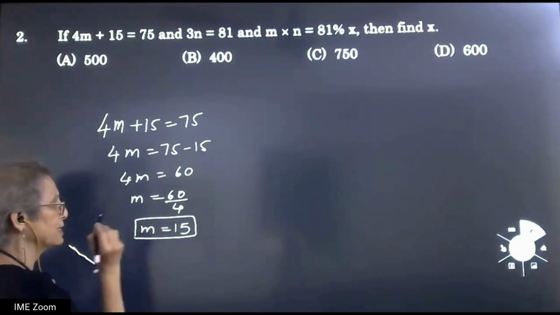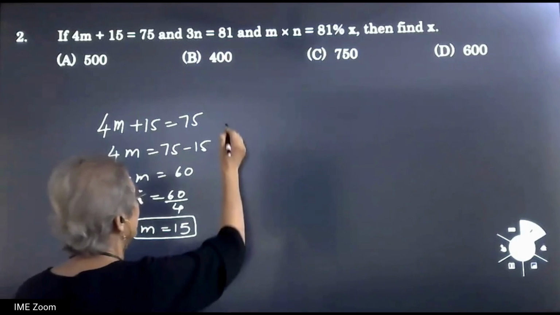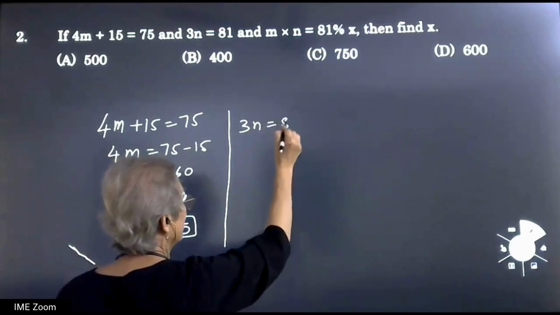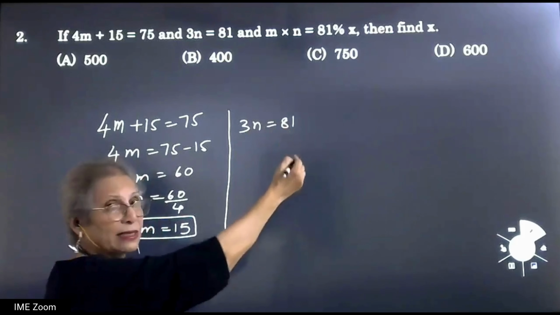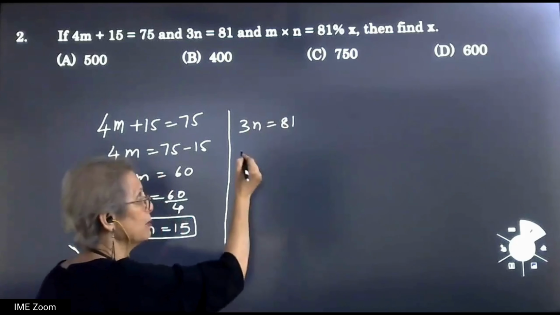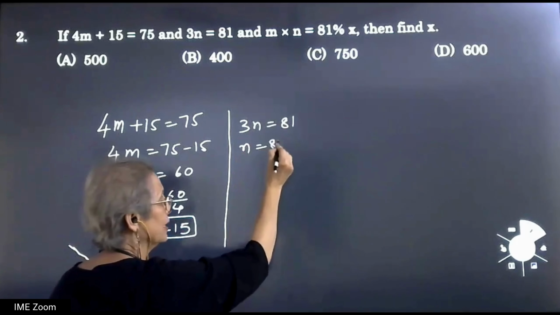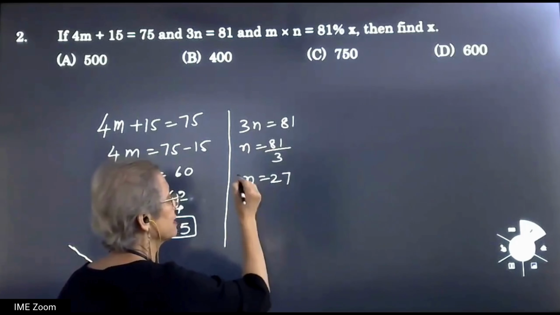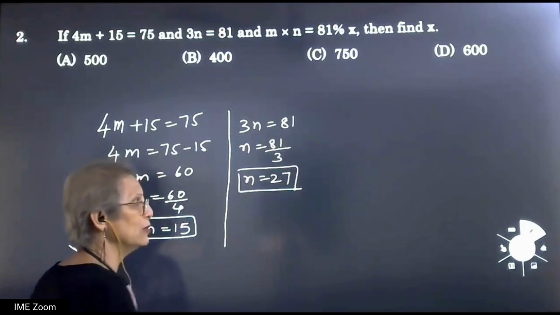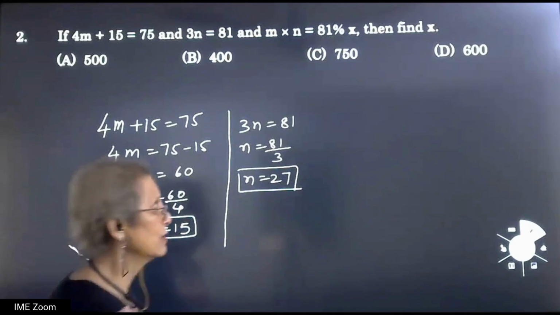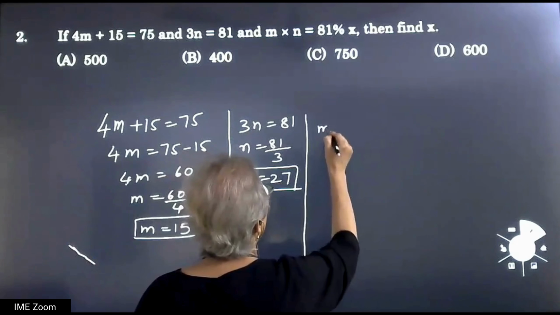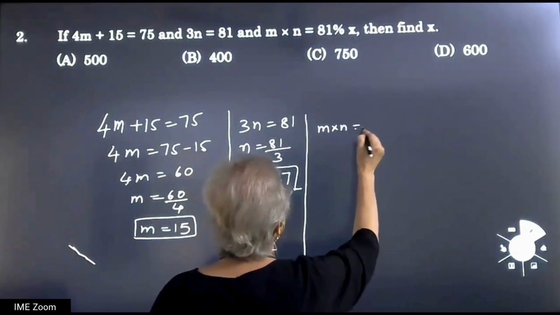First value we got, m is equal to 15. Similarly, let us find out n. Here it is given 3n is equal to 81. Let us take 3 on the other side. That means divided by 3, so n is equal to 81 upon 3, and therefore n is equal to 27. We got both the values, m and n. Okay, so now let us see what is the question. Question is m into n is equal to